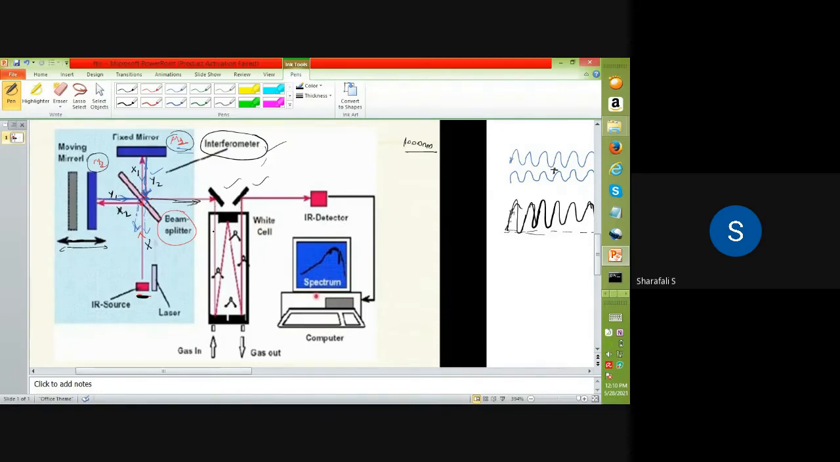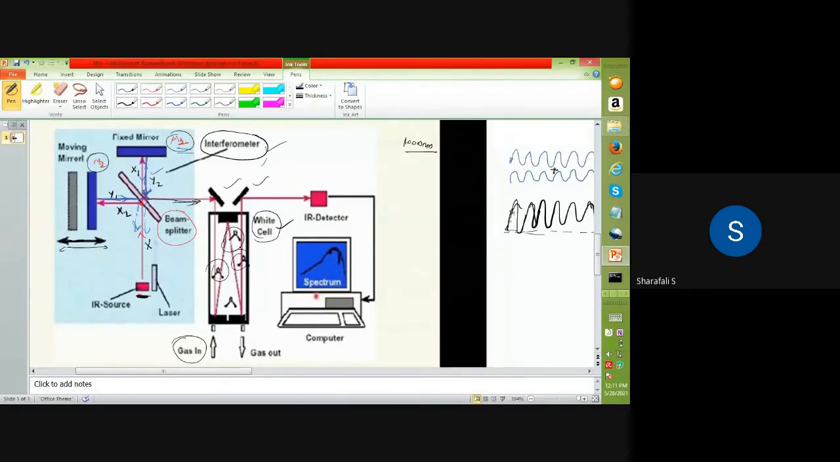Then they will come to this sample. This is some gas, there's some gas in and out. This is the cell that we already discussed during the sampling technique. This is the sample, nothing but some gas molecules. Multiple reflection will occur in this particular gas cell, so multiple reflection, and this IR radiation will interact with the molecules inside, and some IR radiation will